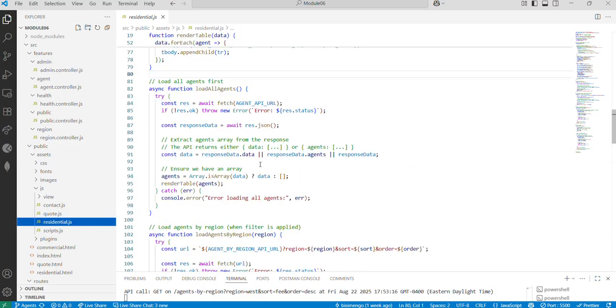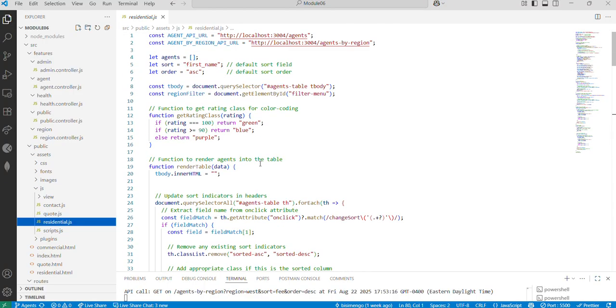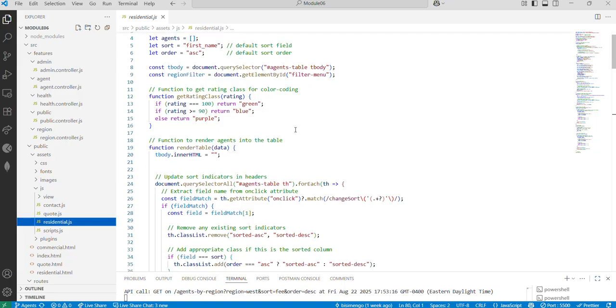If we go back up all the way to the beginning, from line 4 to 6, the logic helps us keep track of the agents, to list the agents, and helps us to sort the names in line 5 and 6. Aside from that, from line 8, this is where the agents table is being displayed and also shows up the drop-down menu from which we are able to filter the agents by the region. When we come now down